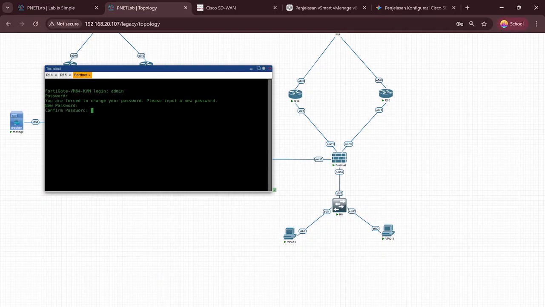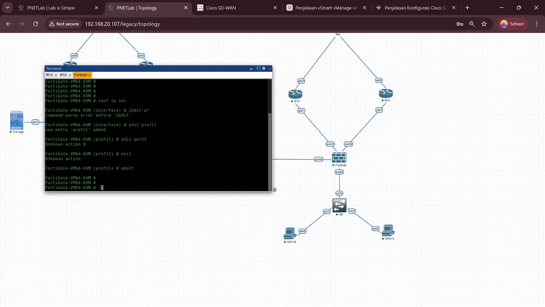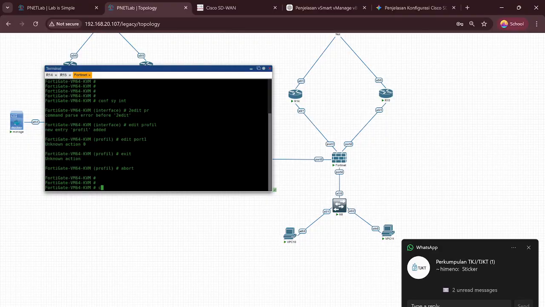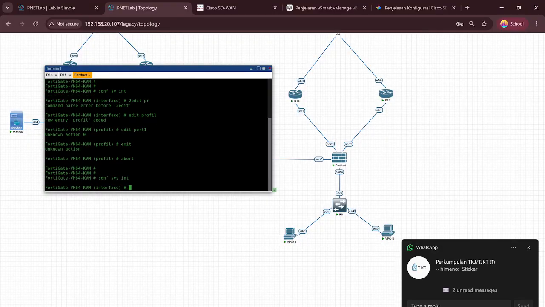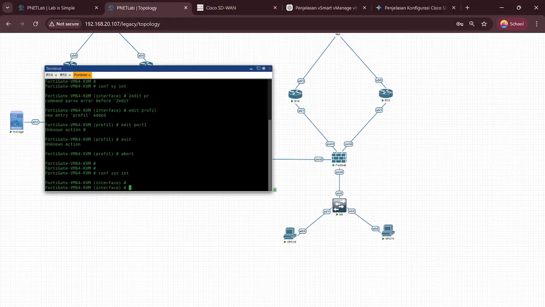Enter. 123. Enter. Okay, this is the FortiGate. And now configure system interface.